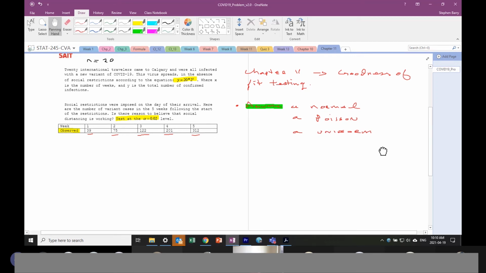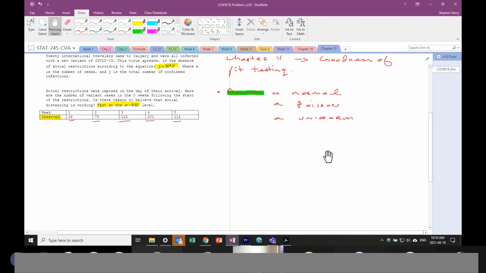But how can we therefore test for a normal distribution, test for a Poisson distribution, test for a uniform distribution? That's what we're doing. We're in chapter 11, we're testing for how well a distribution fits what we assume is going to be. So in this case here, we're assuming this exponential distribution,